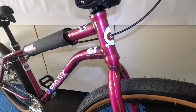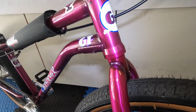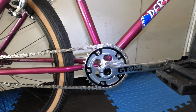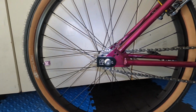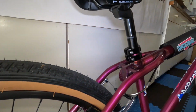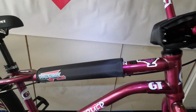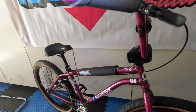and this has a translucent like clear coat. You can actually see the welds inside there. It's kind of a see-through purple, and GT pedals, cranks, and power disc again. The GT chain tensioner even has 26-inch GT tires, and GT seat, and of course GT mallet, but I gave it a set of my Rad BMX Builds pads,